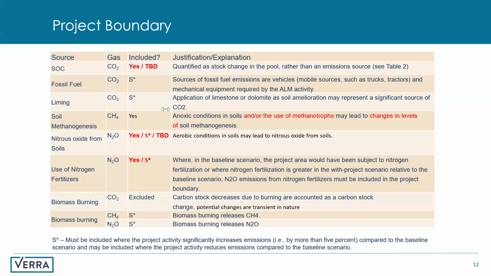Use of nitrogen fertilizers. Again, the S with the asterisk there indicates that, at the very least, we will have an obligation where if there's any material increase in nitrous oxide emissions, which would essentially be due to material increases in uses of fertilizer, then that would be something the project would need to report. And again, this is just to make sure that we're not crediting for CH4, which is the main focus, and ignoring any material changes to these other gases.